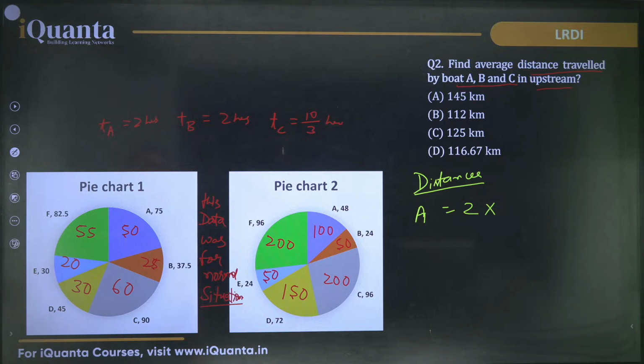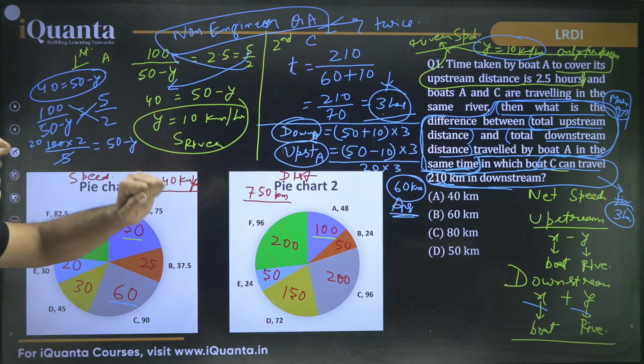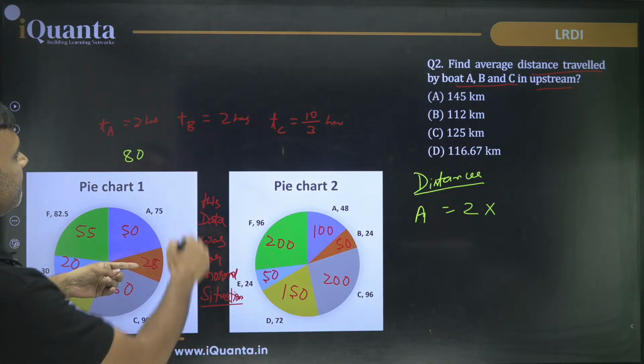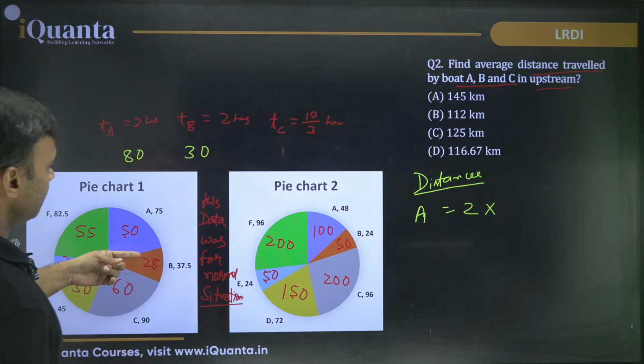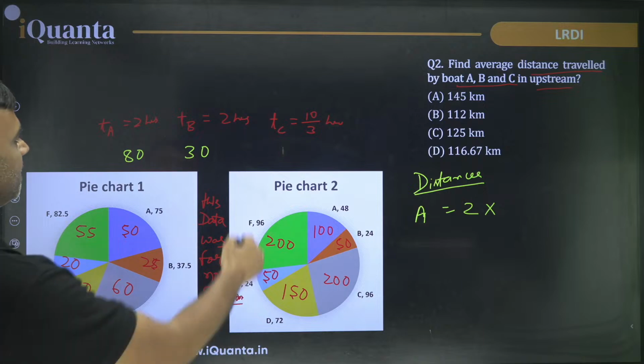Okay. It is not mentioning that we have to assume the river speed from the previous case. नहीं बोल रहा है ना ऐसा? ठीक है. तो एक काम करते हैं. We will take that. But does that work? Just a second. Does that work or not? We'll check that. So 50 minus 10, 40 into 2, 80. And 25 minus 10, that is 15 into 2, 30. And 60 minus that is 50. 500 by 3 हो रहा है तो